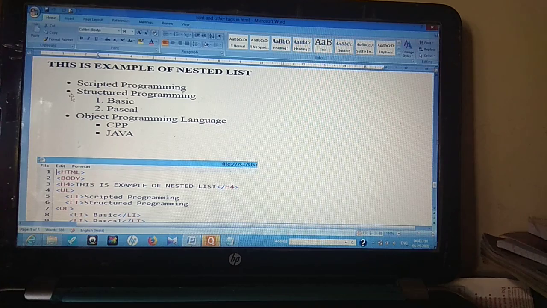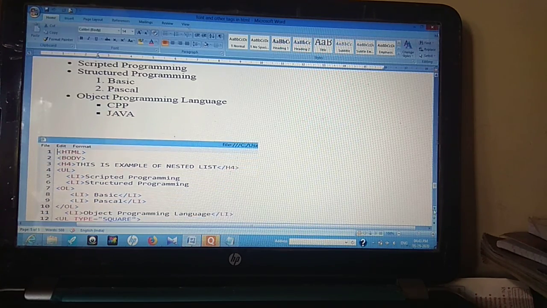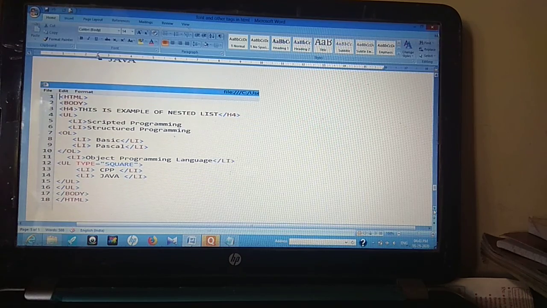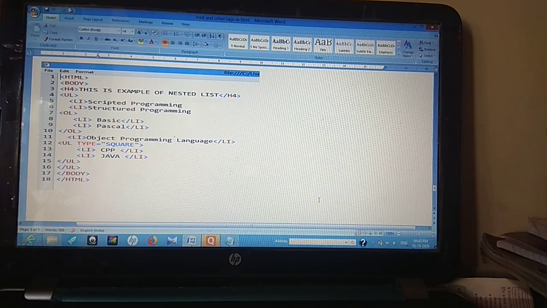I'll show you the code of this. In this code you can see the LI items scripted programming and structured programming are defined in the UL tag. Then suddenly I have started a new list in between. I have not closed the list of structured programming or scripted of the main list.